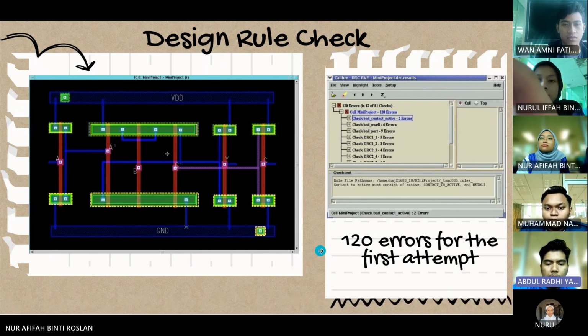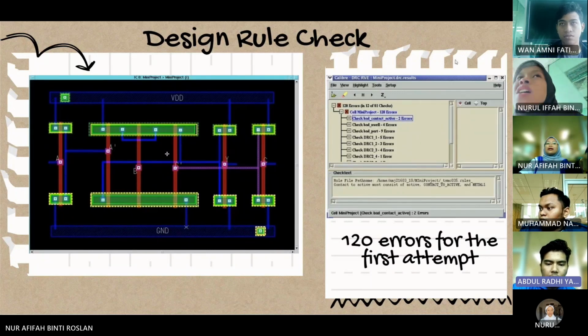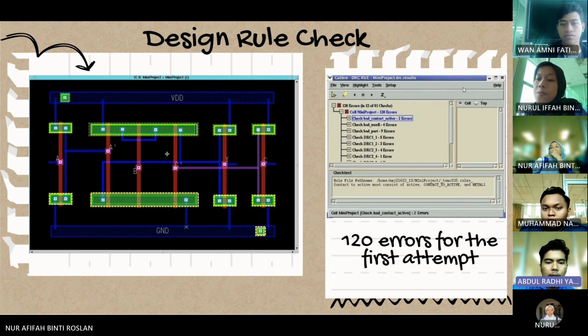So at our first step, we obtained about 120 errors from the DRC check, design rule check. After we figured out the errors one by one, we found that the errors were coming from the size of the metal one, which is the blue color one. The requirement is 4 lambda to draw the metal one connection. In our layout design, we only used 2 lambda for the metal connection. So we changed it from 2 lambda to 4 lambda